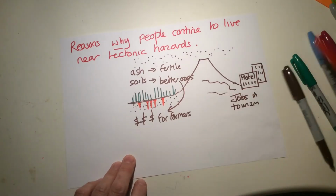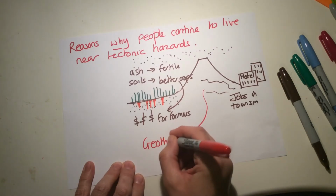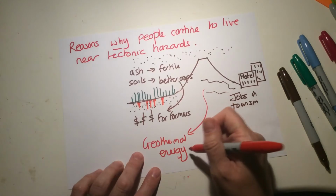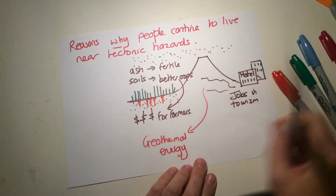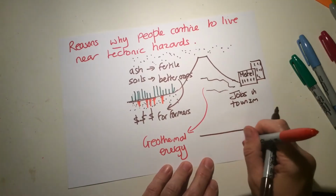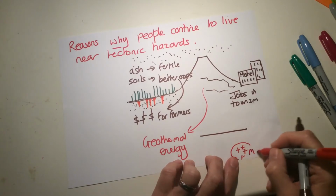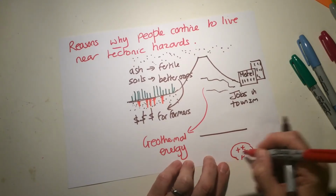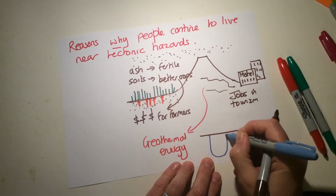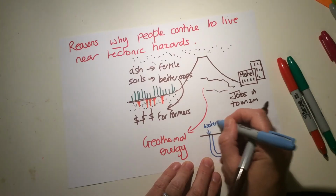You could also have other opportunities such as geothermal energy. So you can link this with the resources topic and energy. And I'll draw you a little picture. So imagine we're looking from the side. If underneath, down there somewhere, you've got magma, which is very hot. And then you run some water underground, take it back up again, water goes in, steam